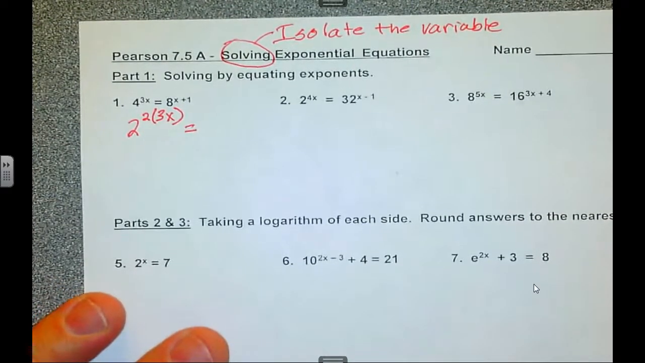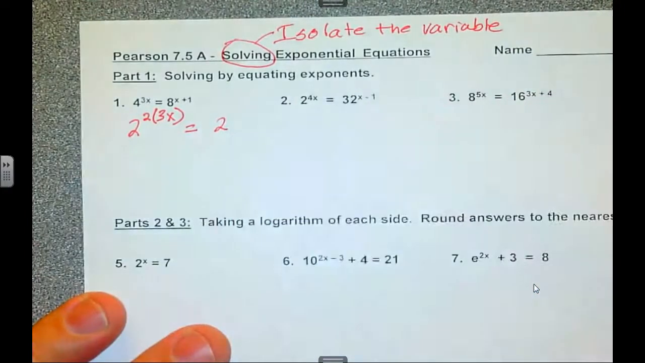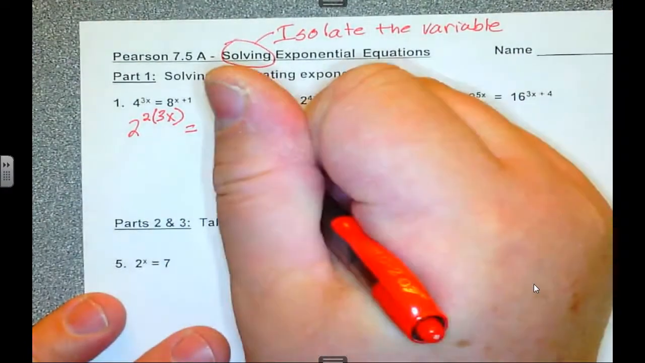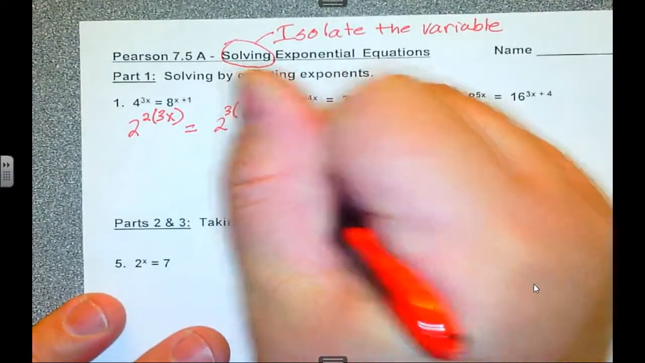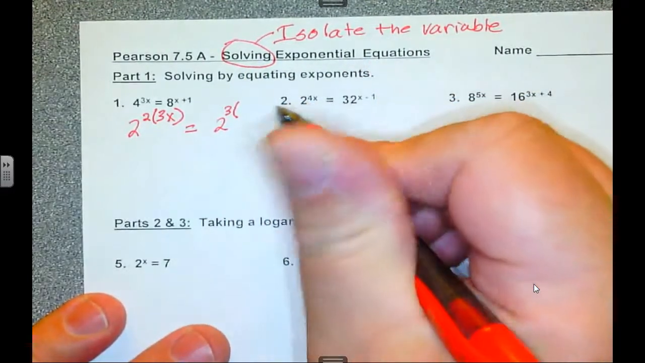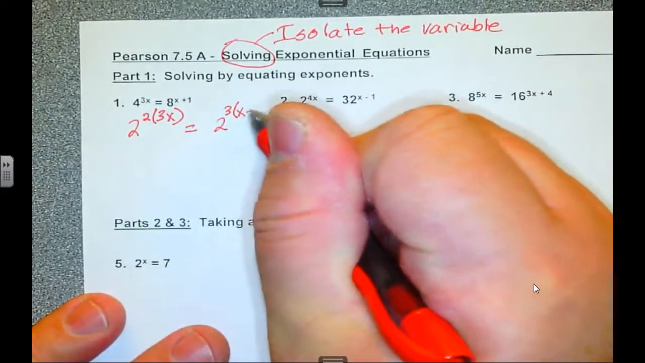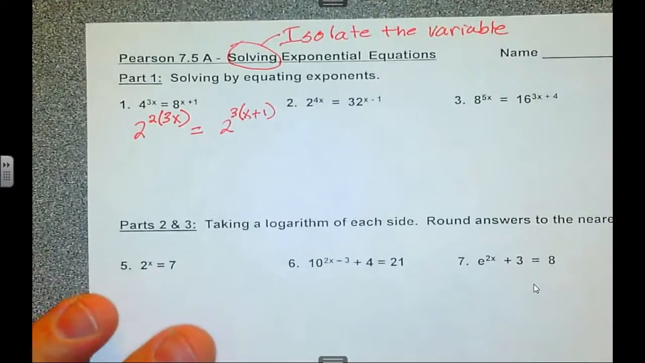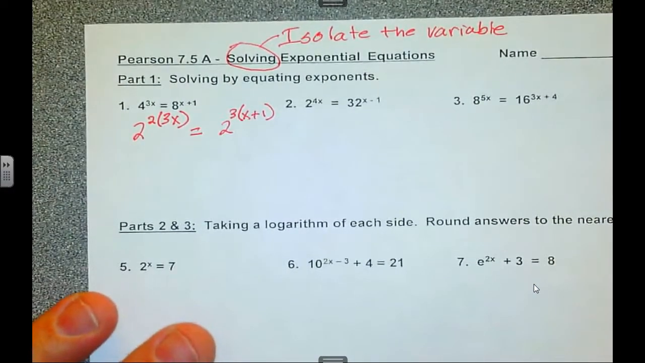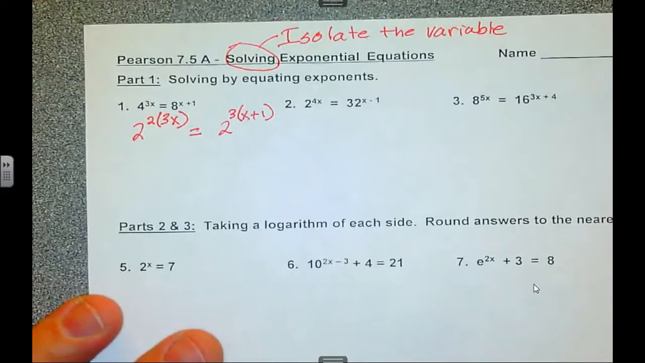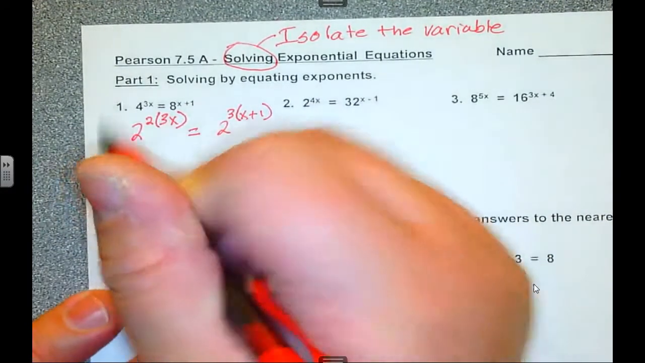Okay, obviously I need a base 2, right? 2 to the cubed, right? But I still have to multiply the quantity x plus 1, right? And I say quantity because if you don't put it in parentheses, you are not going to distribute. And then we have that